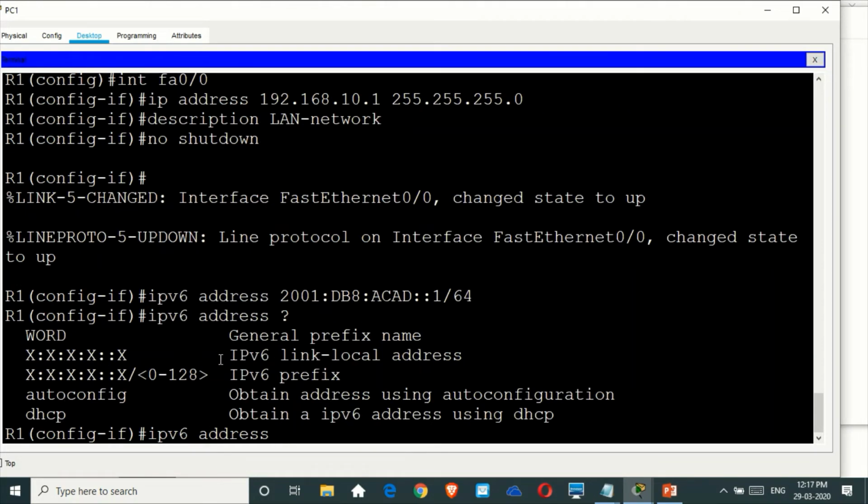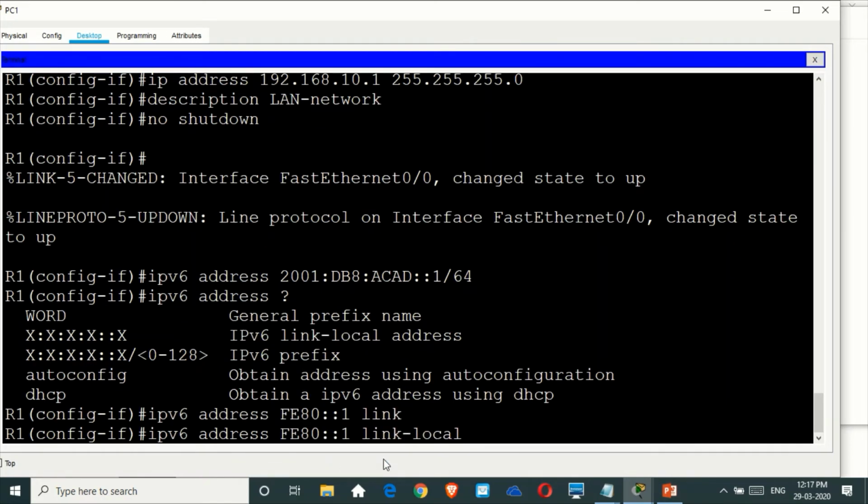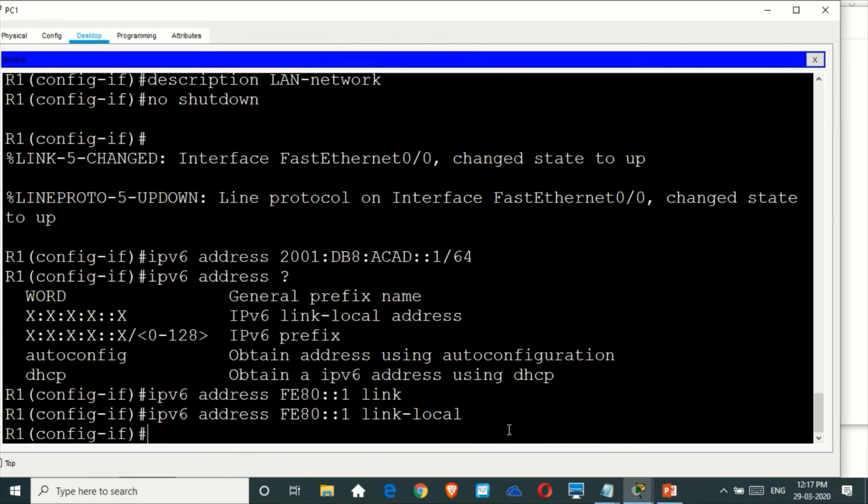You have to give the IPv6 address. You can give a link local address like this. So I'll just keep it here, paste, and then you have to give the command link-local. So the command is ipv6 address, and in order to give a link local IPv6 address, FE80::1, after that you give the command link-local. That's the option that you need to give.